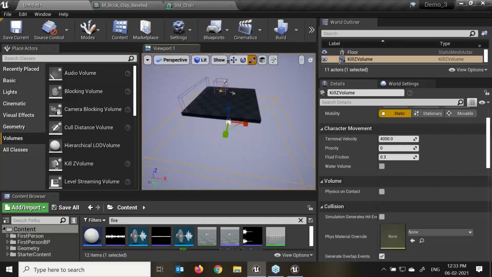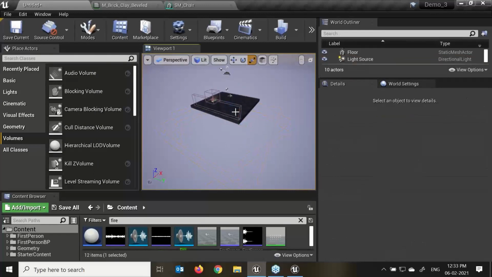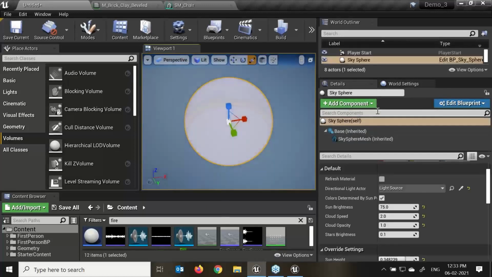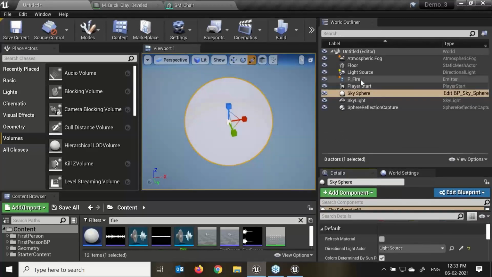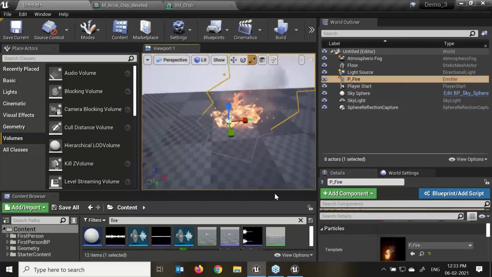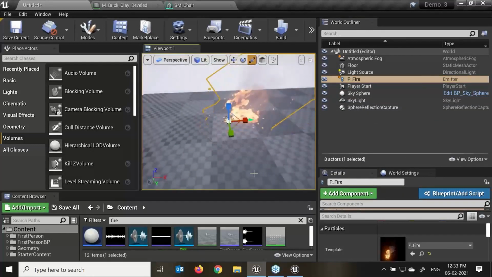Now if I want to create a sky, right, there are options. I'll just select and delete the sky, because there is one more option I'd like to show for the sky. Press F, sky sphere, just delete that. Okay, reduce it, scale and zoom. Now for creating a sky, we can say physically based sky and atmosphere rendering system, which has time of day features, ground space to view transitions, and aerial perspective.